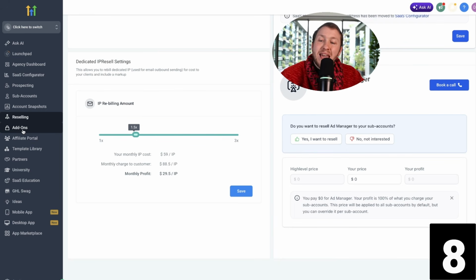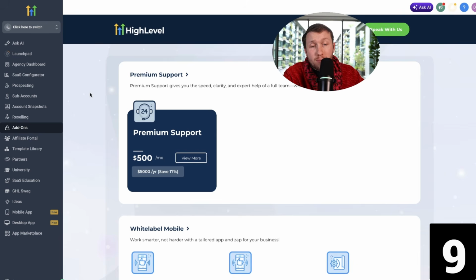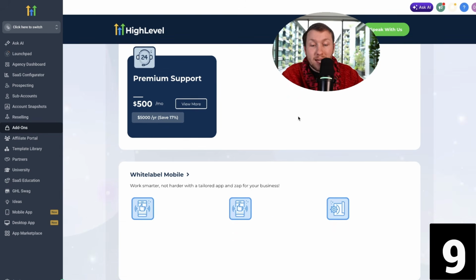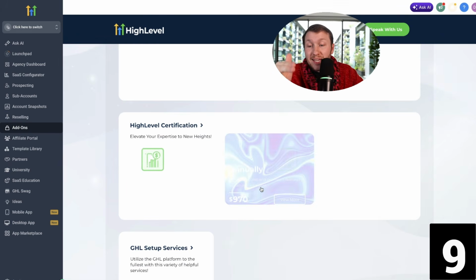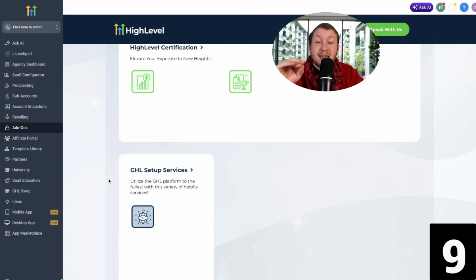We then have the add-ons feature. The first is premium support. You can pay extra to get even further level of support inside of HighLevel. You can also pay for the white label mobile app. You can also get certified in GoHighLevel, which we're going to talk about in just one sec. And then the GHL setup services, where someone can come in and set up your account entirely done for you